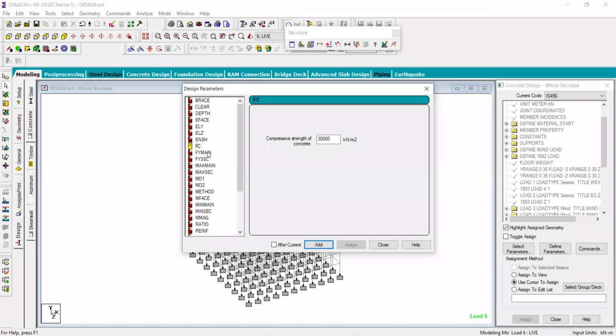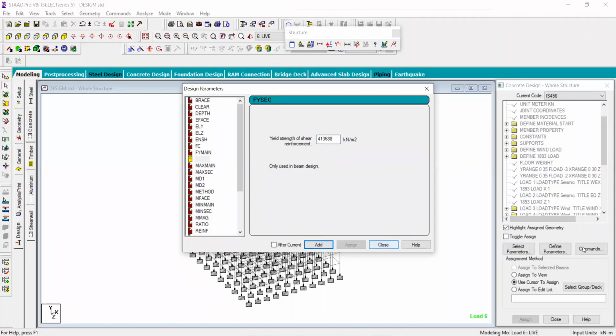If it differs from IS 456, you can define other things, like the availability of the bars which you are going to use in the construction, etc. But in these parameters, the concrete grade is important, and FY mains is also important here. This time we are using Fe 500, so you put here the yield strength of the main steel. Similarly, for secondary, the default value is, like here, the shear reinforcement 415, etc. If you are using Fe 500, then you have to put these values here.